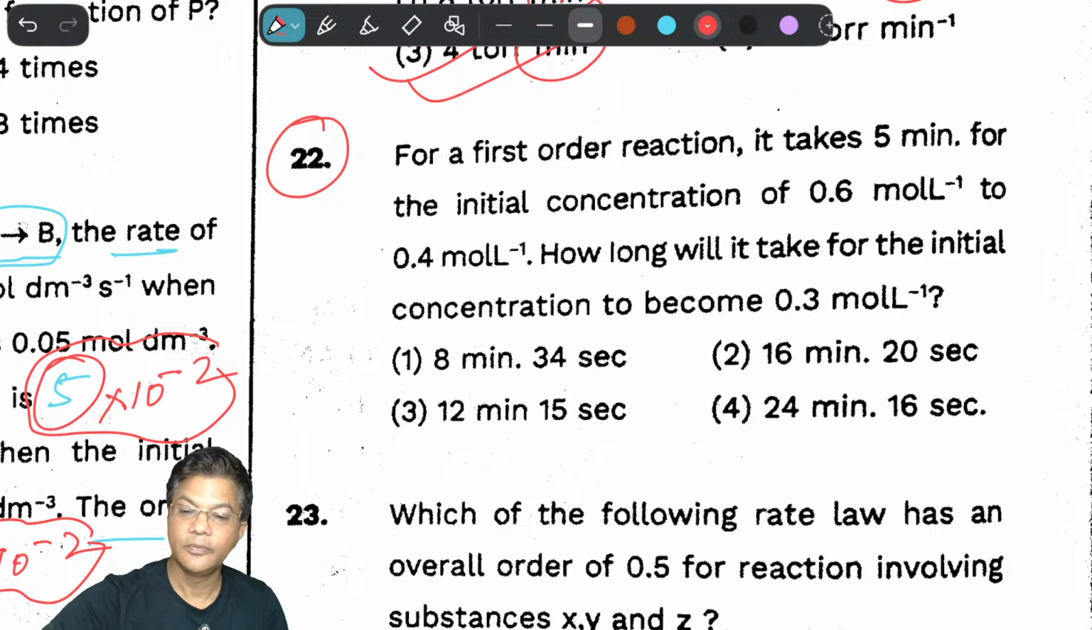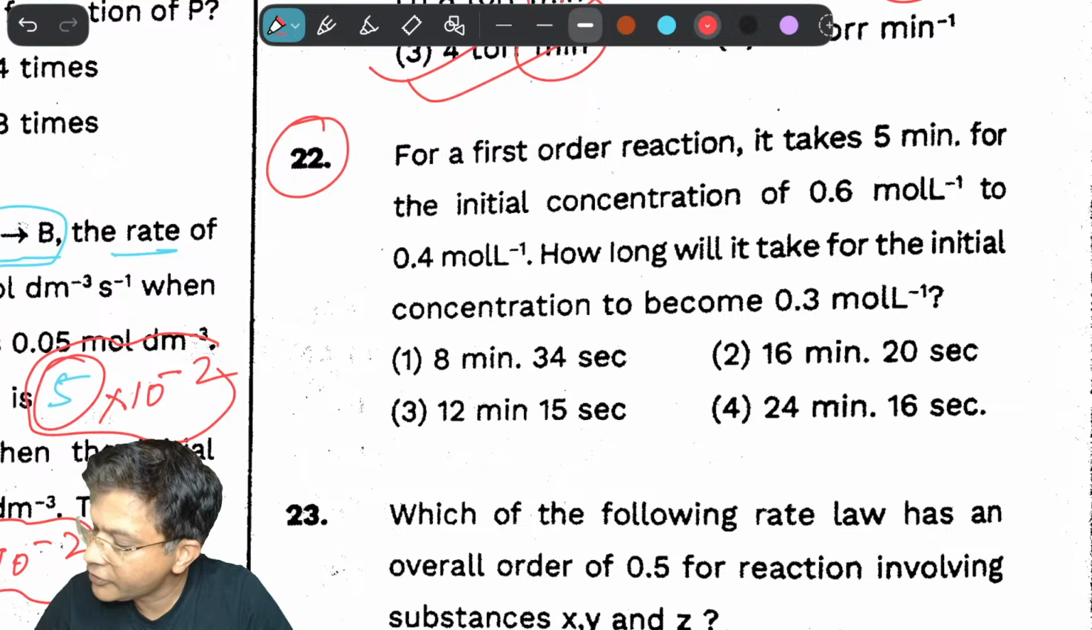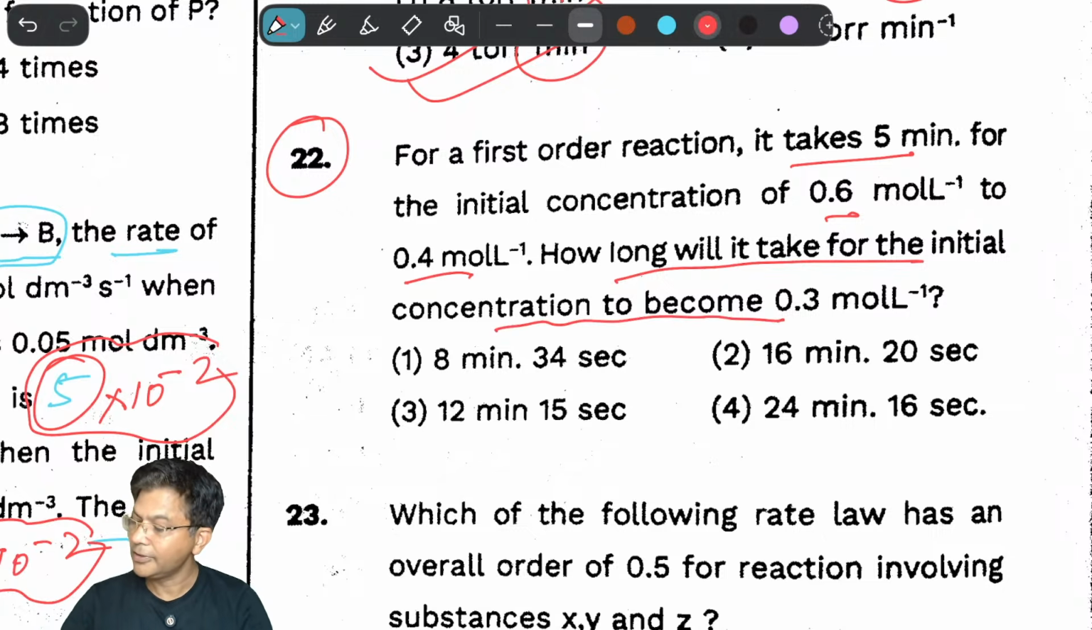Question 20. Very good, very good. Now 20 seconds. Congratulations. Question 20. For the first order reaction, it takes 5 minutes for the initial concentration to go from 0.6 to 0.4. How long will it take for the initial concentration to become 0.3? Yes, very good question. It takes 5 minutes from 0.6 to 0.4. Now tell me,